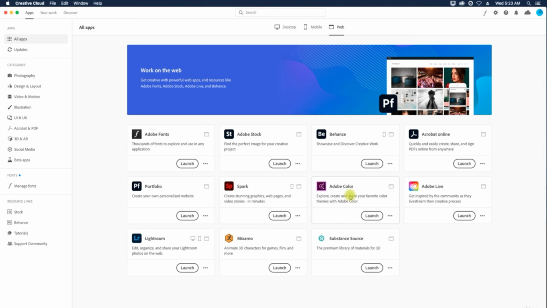Adobe Color, explore, create, and share your favorite color themes with Adobe Color. And then Adobe Live, get inspired by the community as they live stream their creative process. Okay, and then Acrobat Online, quickly and easily create, share, and sign PDFs online from anywhere. Okay, then you have Behance,